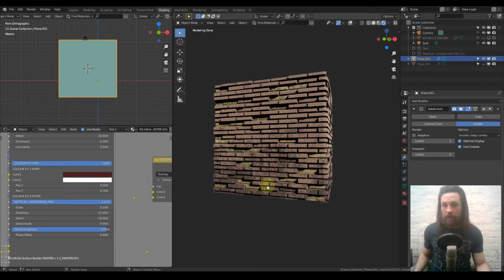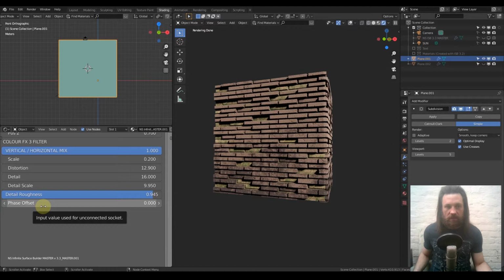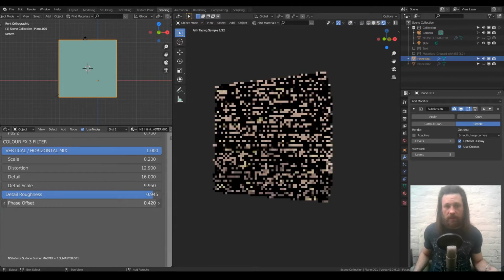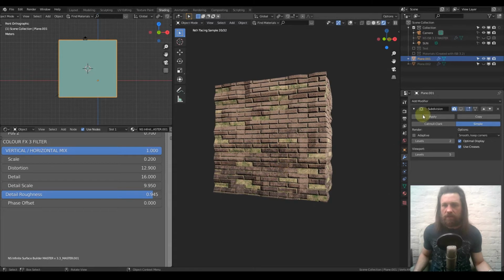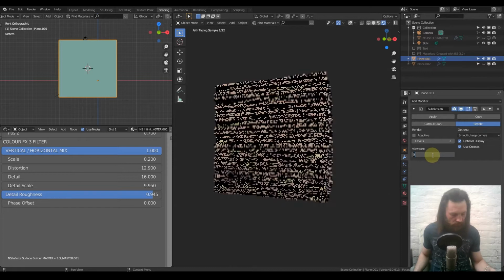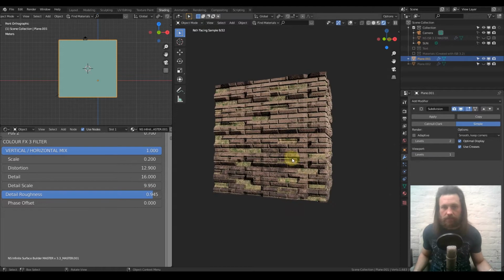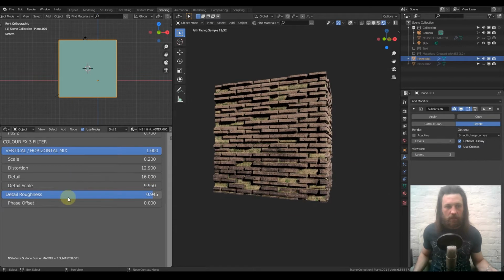Say for instance you wanted this dust to be at the top of the wall instead. That's what phase offset is for. I normally left click and shift, and then just start moving it. Normally, if you take the subdivision surface off, or at least lower it to, I don't know, 1, then your window will update far quicker. Alright, 1 might be a bit of a stretch. 2, that'll do. So I can see it here when I shift and move the phase offset,